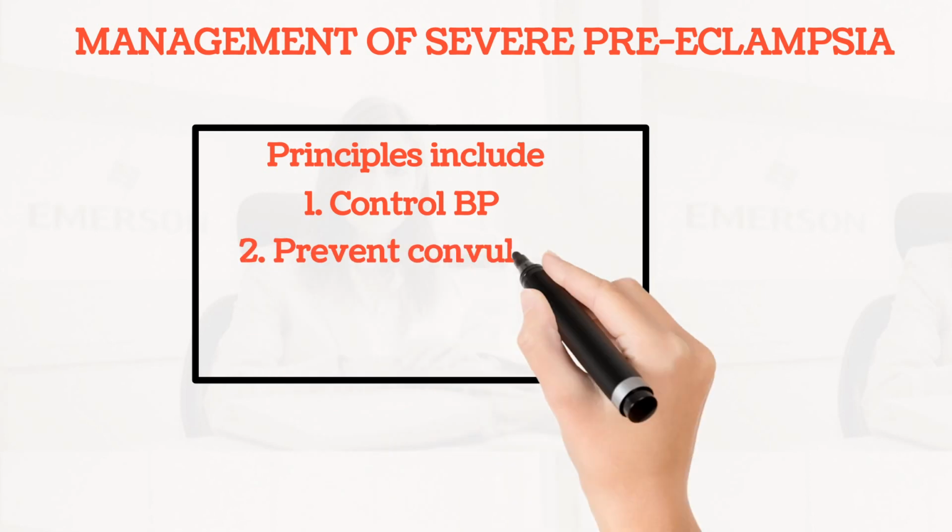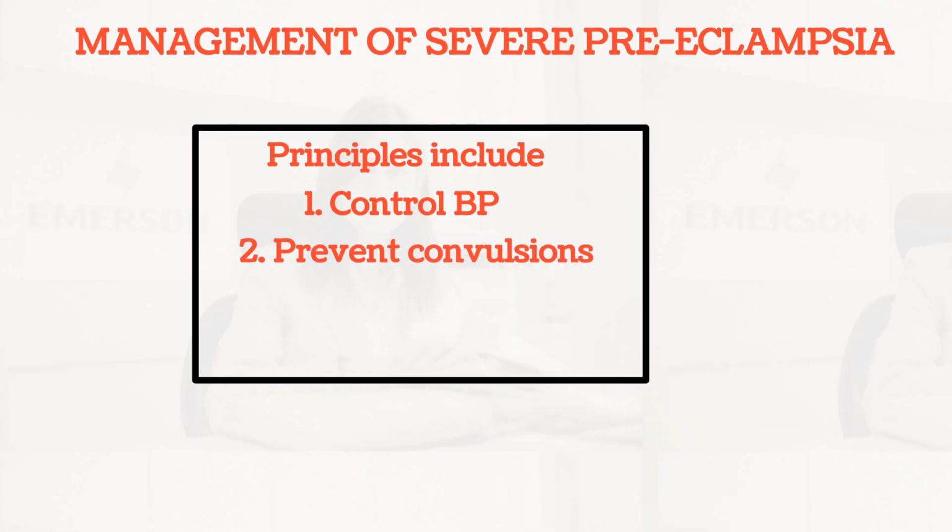The second principle says that you have to prevent convulsions. So you have to use your magnesium sulfate loading dose and maintenance to prevent seizures. After you've given this, you also have to continue the magnesium sulfate for 24 hours after delivery. For the calculations and how to give magnesium sulfate, we're going to talk about it in part 3 on